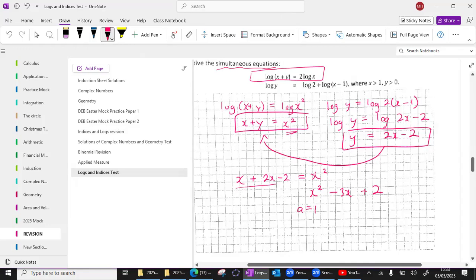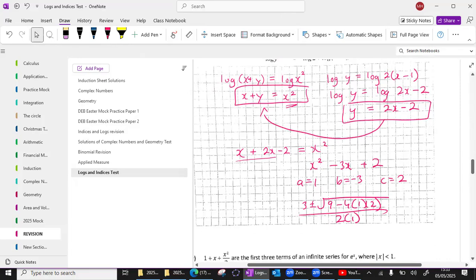So minus B formula, A is 1, B is minus 3, C is 2: minus B plus or minus the root of B squared minus 4AC all over 2A. Now, I'm skipping some steps there, but you guys shouldn't be doing that in the exam. I'm just doing it now to speed things up a little bit. Minus 4 bracket 1 bracket 2 all over 2. So that's giving me one answer. X is 2. If I change my plus to a minus, I am getting a second answer, which is X